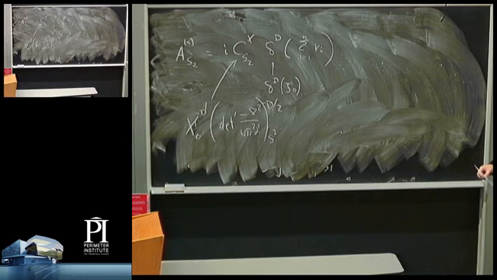This piece does not depend on k_i. That's a constant. It can be evaluated for a sphere, right? And then there is a term coming from